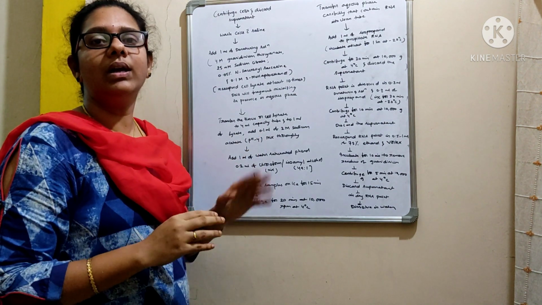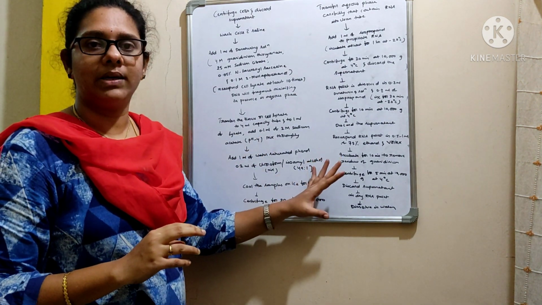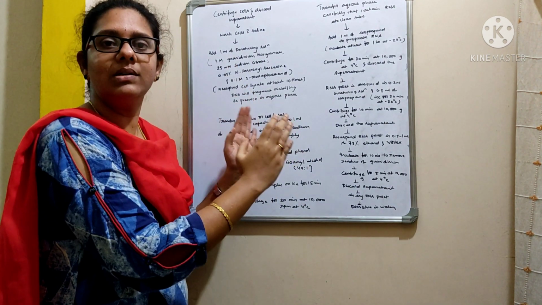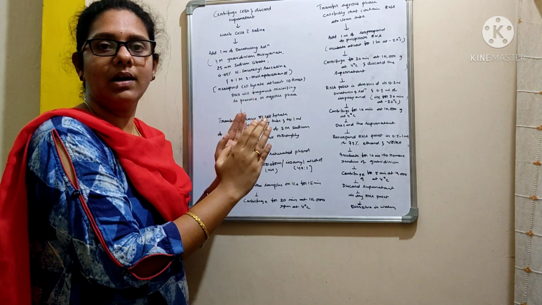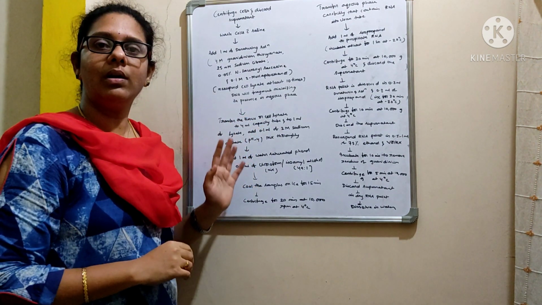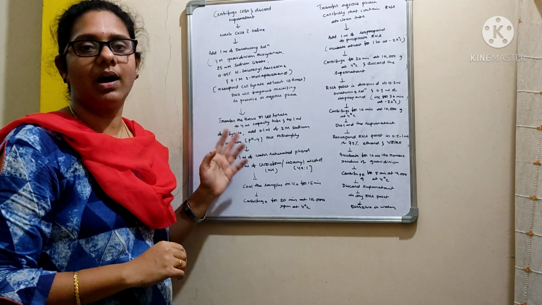Above 2 and below 2 indicates the presence of contaminants, but if you get a ratio of 2, that indicates that the sample is pure. Your RNA is extracted in a pure form. Okay, this is the protocol about the isolation of RNA.